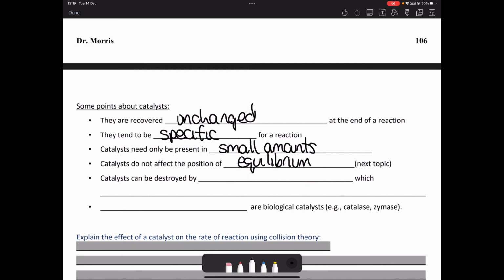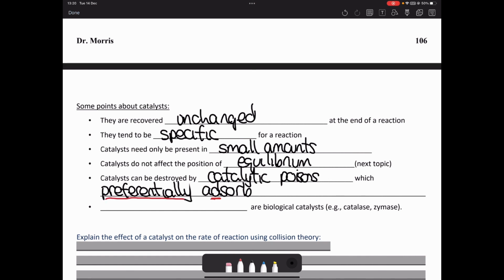Now, catalysts can be destroyed by things called catalyst poisons, or catalytic poisons, however you want to say it. And what these do is, we've said catalysts provide a surface. So catalytic poisons, they will preferentially, so they will get to the surface before your reactant. So the way we describe them is they preferentially adsorb. So please note it's a D, not a B, and preferentially means they take the place on this surface before anything else. So they preferentially adsorb to the surface,